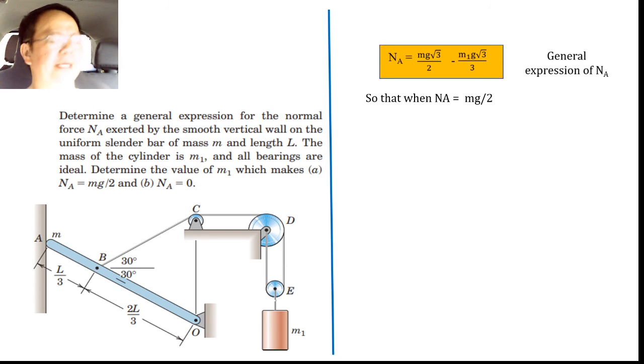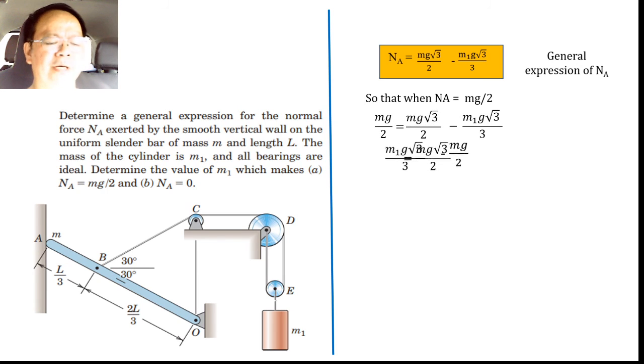If NA is equal to mg over 2, then mg over 2 will be equal to mg, the square root of 3 over 2, minus m1g, the square root of 3 over 3. So in this case, we can rearrange that so that m1g, the square root of 3 over 3 shall be equal to mg, the square root of 3 over 2, minus mg